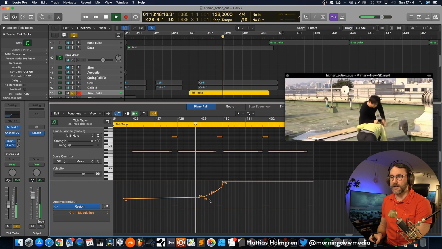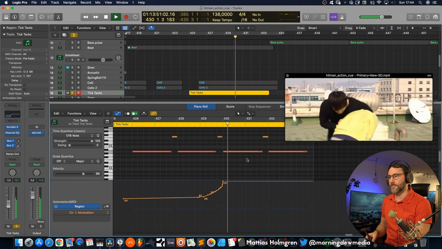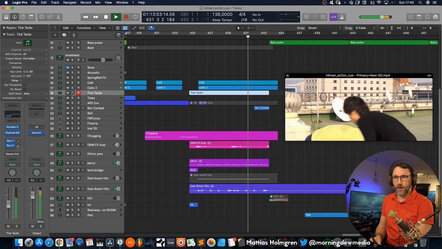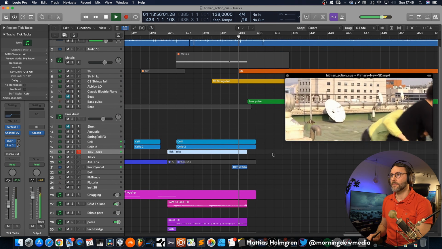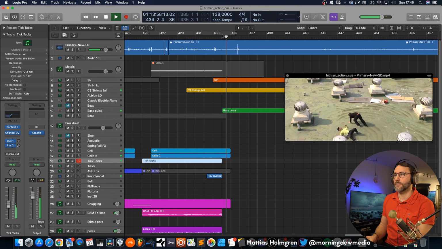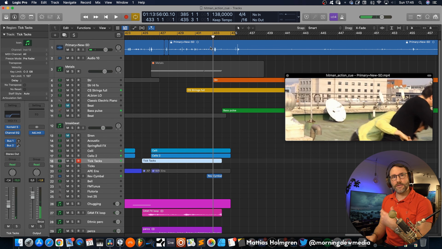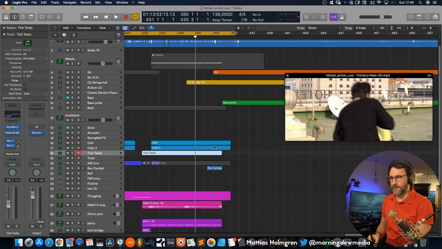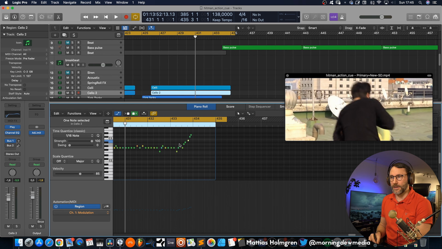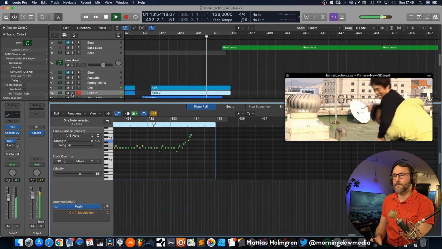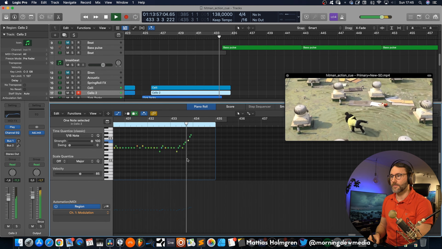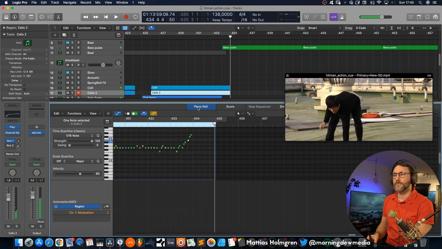You can hear it, the ending here. So that's full on. And we end this section with a reversed cymbal, just to end this part of the action cue. And you can also hear that we have the cellos going up here with a little string run at the end. Right, so that's one way of scoring an action scene.